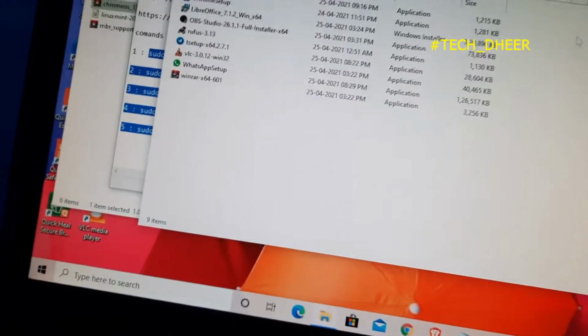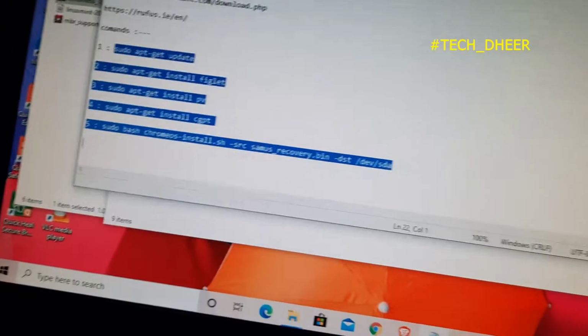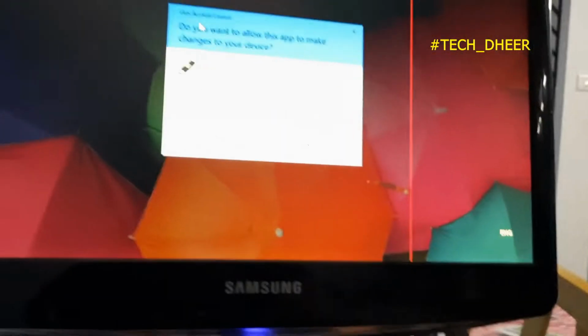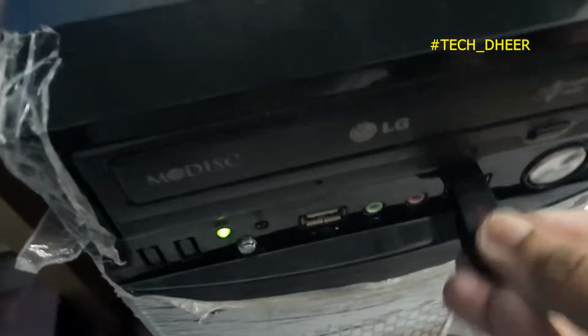I'll first tell you some important stuff while I'm creating the USB drive. Click on Rufus, hit yes here and Rufus will launch, and also insert your USB drive. I have inserted my drive.